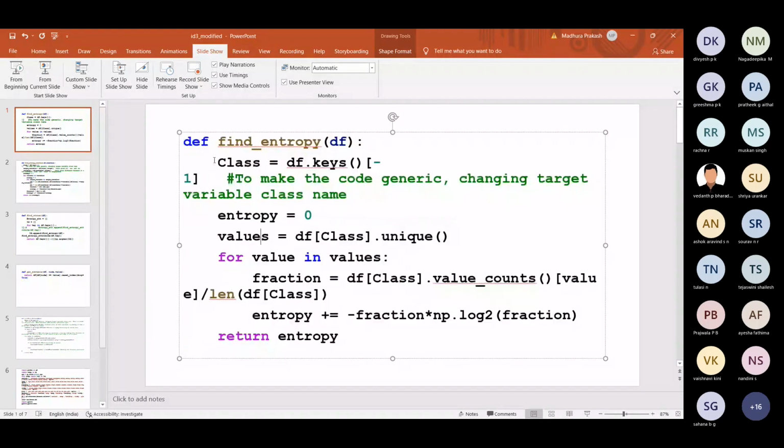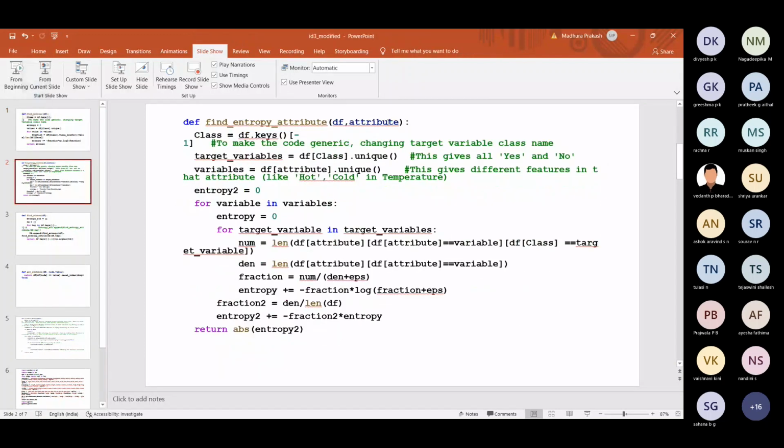So we just know the target attribute and then we know the classes, and for both the classes, positive and negative, we're computing the proportion of positive and proportion of negative, and adding to the entropy by taking log base 2 of that proportion. So this for loop is going to run 2 times because there are 2 possible classes in our data set, and return the entropy. Do we have any clarification here? Okay, so I think you're clear with that.